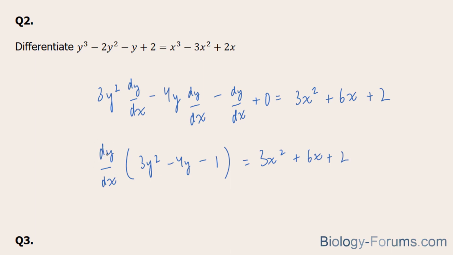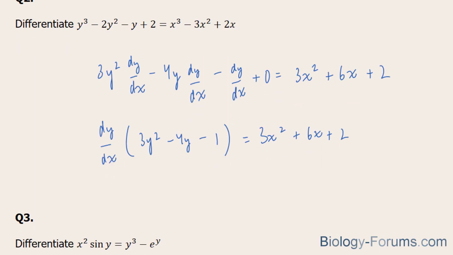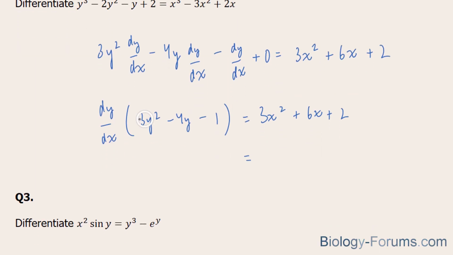And we'll isolate for dy over dx by dividing both sides by this. And so that becomes your answer, and you can represent it as dy over dx, or you can represent it